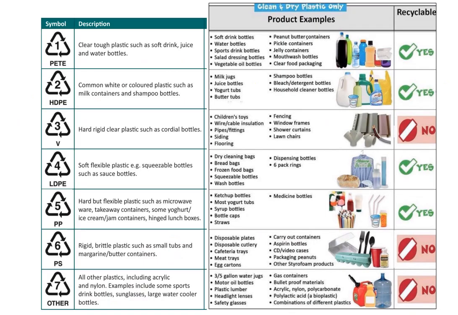In this slide, we are going to study the different codes given for plastics and their recyclability. You may have noticed at the bottom of a plastic container, it usually has a symbol and a number given to it. This defines the type of plastic used and how it can be recycled. Code number 1 is given for PET plastic, 2 for high density polyethylene, 3 for polyvinyl chloride, 4 for low density polyethylene, 5 for polypropylene, 6 for polystyrene, and 7 includes other types of plastics such as polycarbonate.